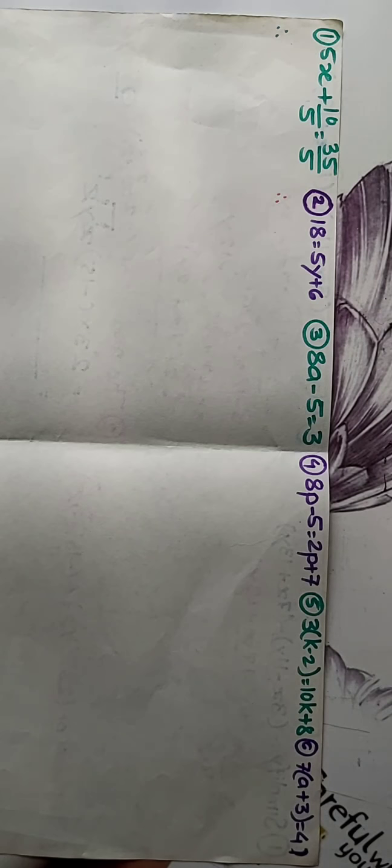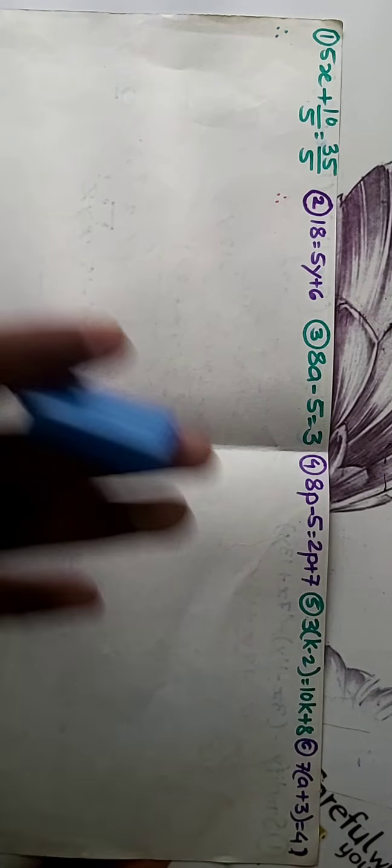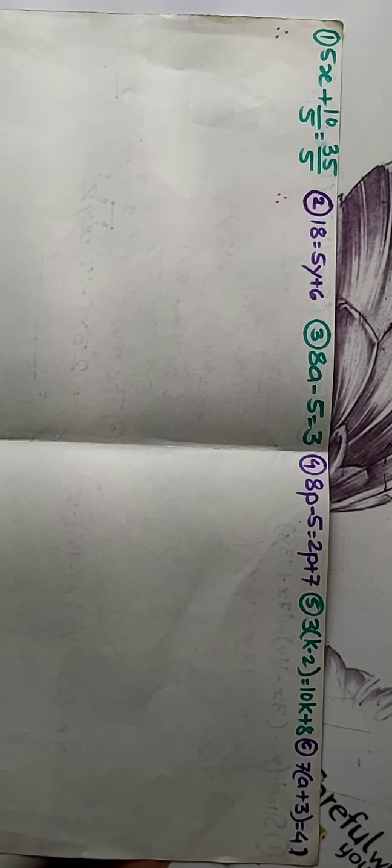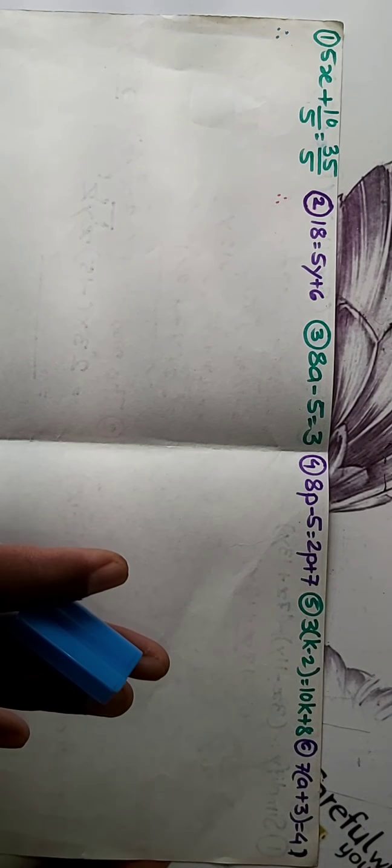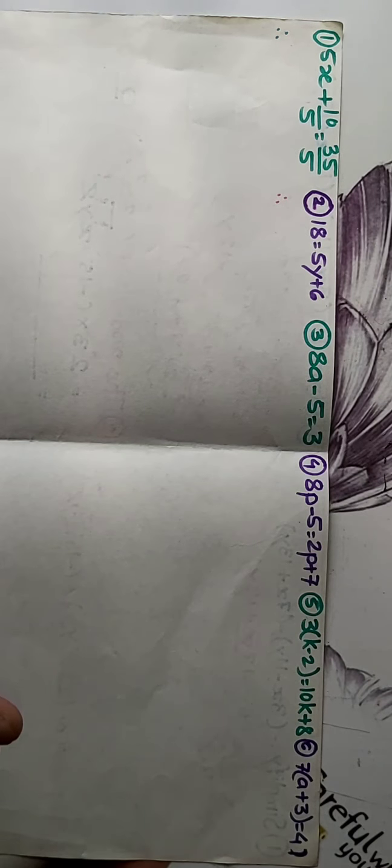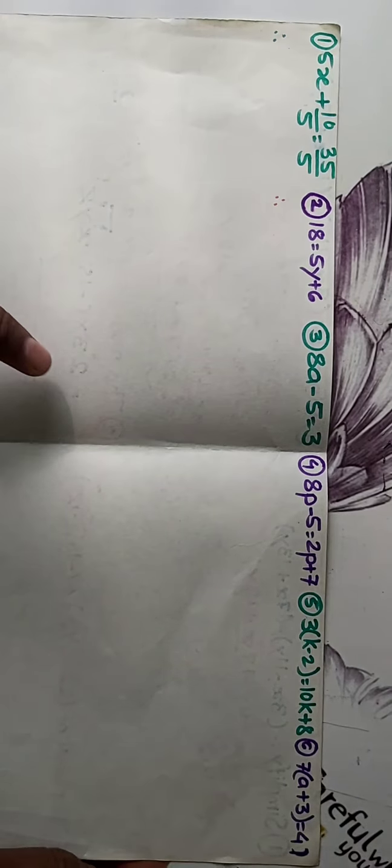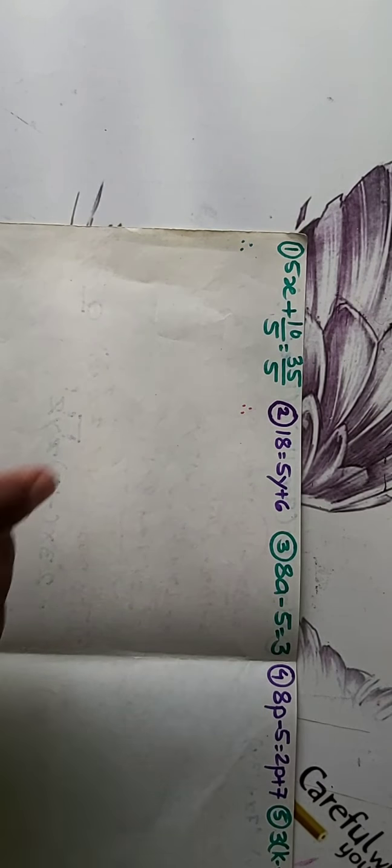Now students, the next question is solve the following equation. If you see, it is the same kind of examples, but I changed the numbers and the variables also. So these 6 examples, plus in your textbook also there are 6 examples. You have to write these 6 examples, and after that you have to solve the 6 examples from question number 3, solve the following equation. Now here only one rule you have to keep in mind. Now we'll solve the first one here.